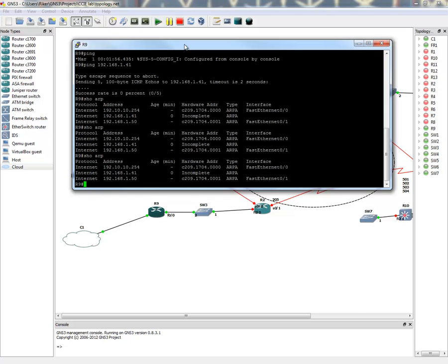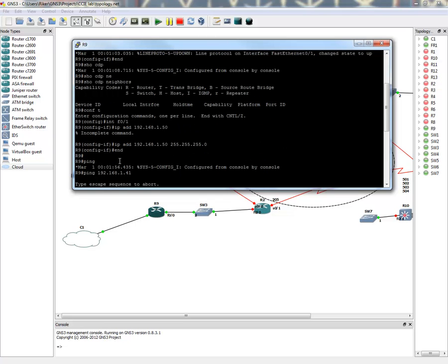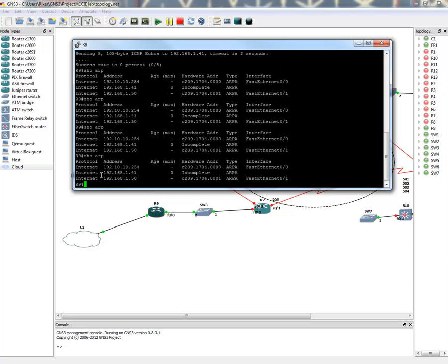Incomplete. It sees it. That shows it to you. It shows that it sees it because it's plugged into it, but it doesn't know the MAC address, so it doesn't know how to get to it. In order for a ping to work, it's got to be able to find the MAC address and then do an ARP lookup to the IP so that it knows where to go. Because what it's actually doing is bouncing to the router. And, well, actually, now that I'm sitting here,